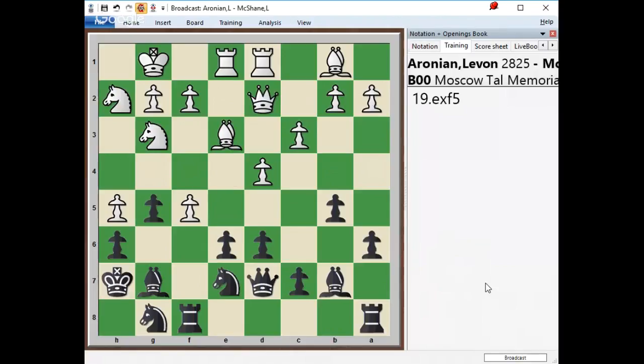And as white exchanged, then there was the recapture, f4, and g4. It was interesting because even a grandmaster of Aronian's caliber just couldn't figure out how to deal with this sequence. He took the pawn, but then, of course, we just get to play with king h8. And then white played knight to h2 in his own, which was a normal kind of move out there,